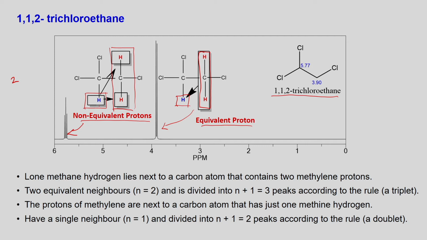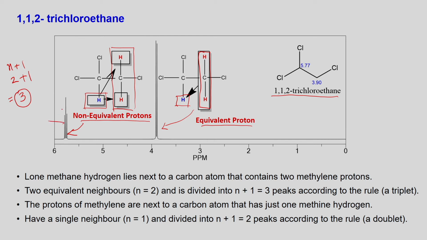So, one way is this proton interacts with the two protons separately, and conversely both the protons which are equivalent in nature will interact only with the blue proton. So, in the case of non-equivalent protons, we say it is interacting with two nuclei, or there are two neighboring nuclei, plus 1. So, it means it is n plus 1 splitting. So, it is equal to 3. So, there will be 3 peaks.